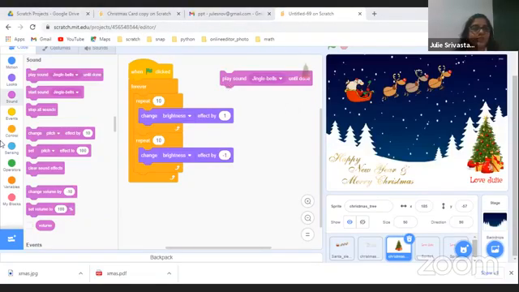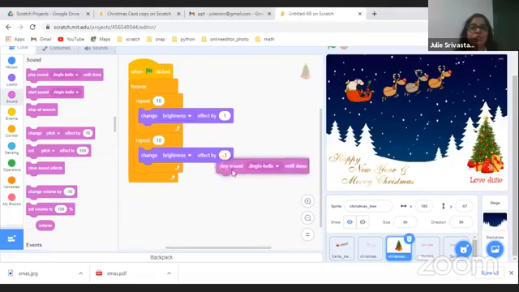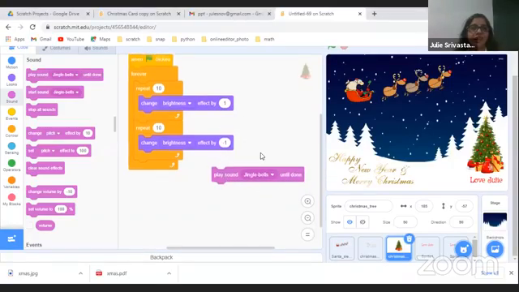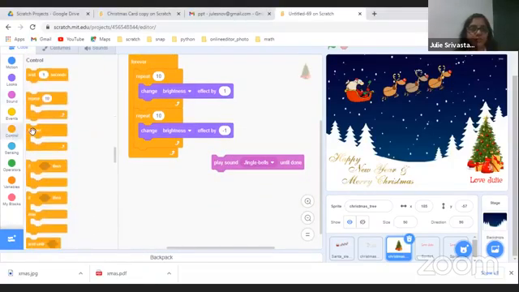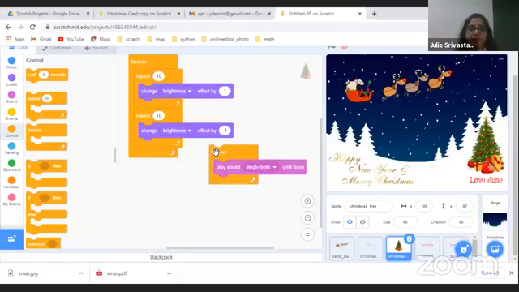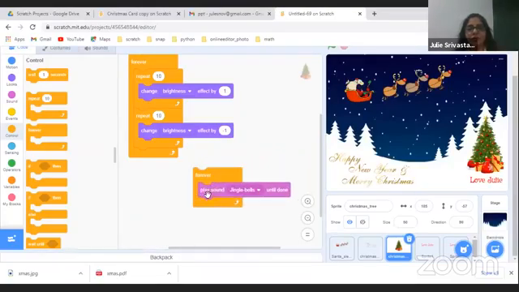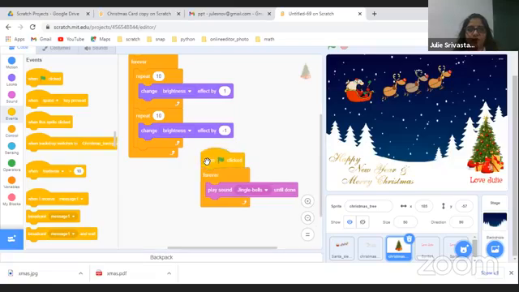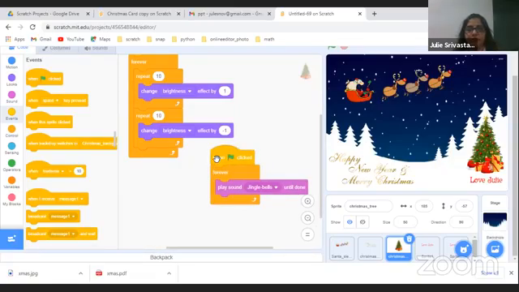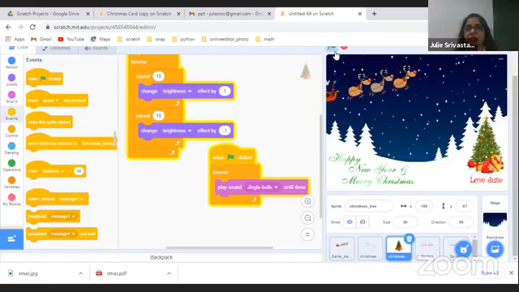Okay, once you do that, we want the sound to play throughout the card. So we need to use a loop. I'm sure everybody knows now. If you want it to play throughout, you're going to use a forever from the control block. From the control block, you're going to take a forever block, and you're going to ensure that you play your sound inside the forever block. Now this code is not going to work till we use the event, which is the flag click event. So now when you play, you will be able to hear the sound as well.